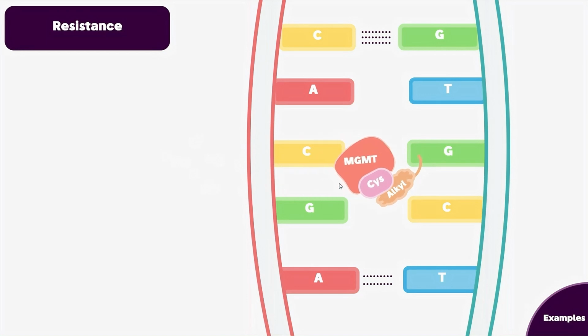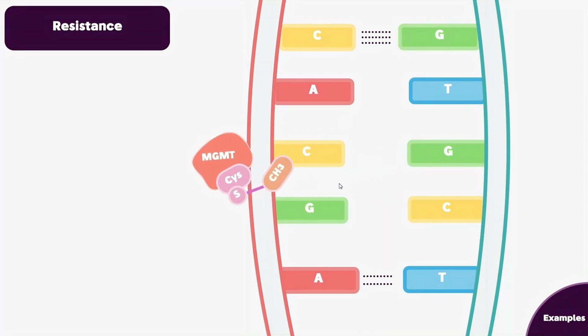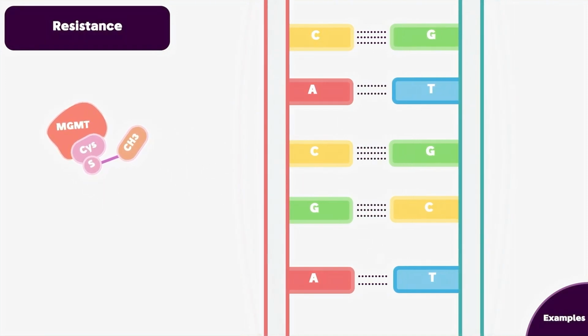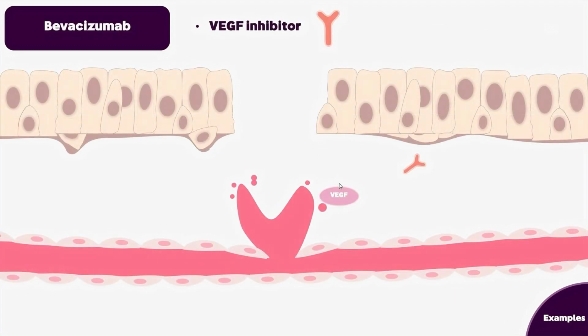As we can see, chemically, the cysteine residue is consisting of a nucleophilic sulfur that can interact with the nearby alkyl, or here the methyl, and remove it from the guanine nucleotide, allowing the DNA to return to its original function and shape. Let's move to another type of combination chemotherapy, which is a combination with targeted therapies such as